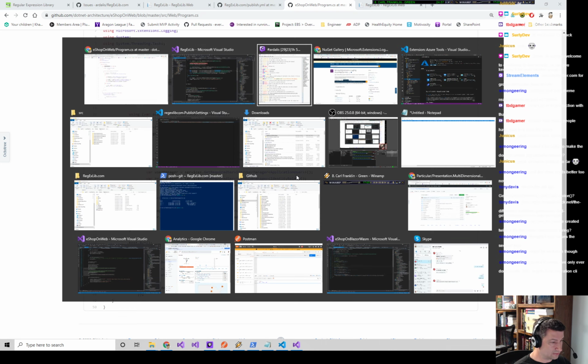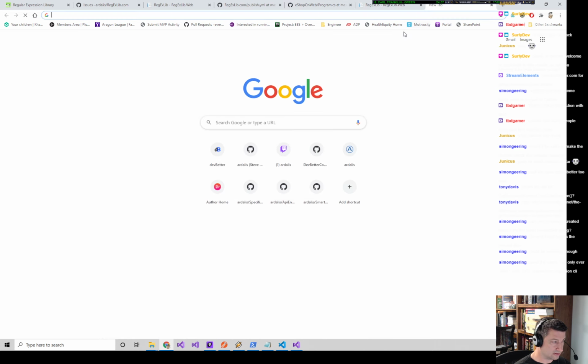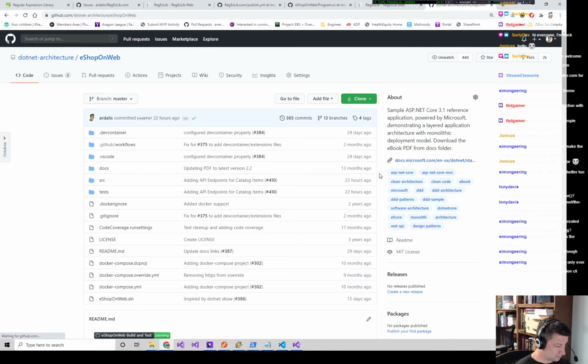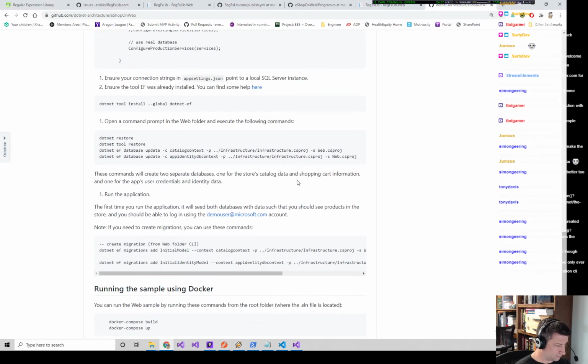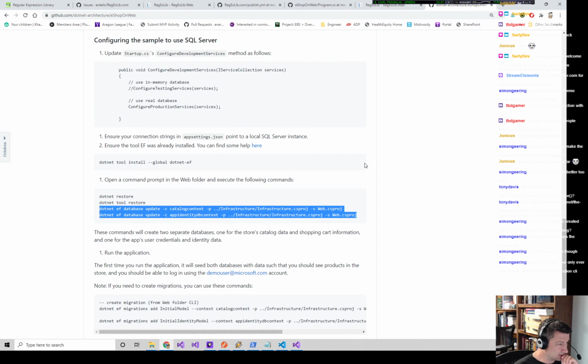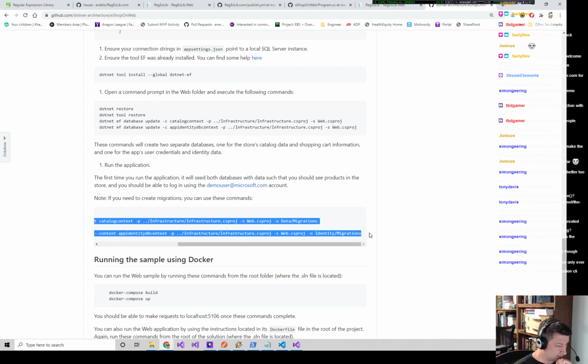Yeah, so if we go out to eShopOnWeb again, let's keep that tab. I have some handy scripts in the README. So install dotnet-ef and then restore and then do dotnet ef database update, using the migrations that are already there. But if we need to create the migrations, which we do, then we need to use these scripts and they will do what we want. So let's copy that